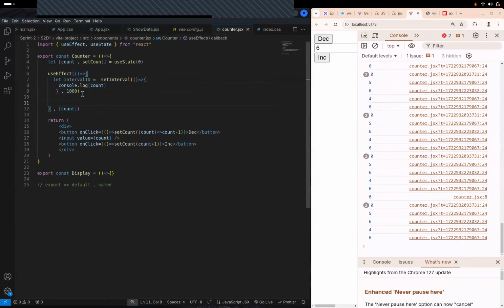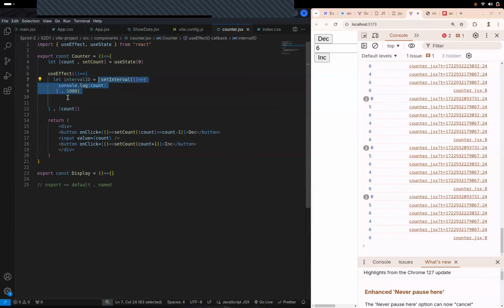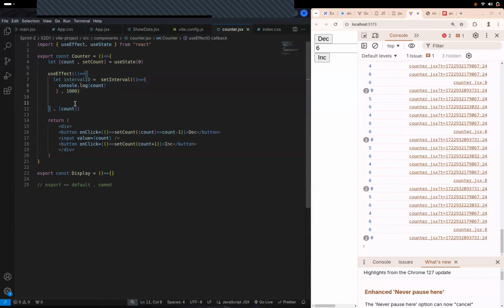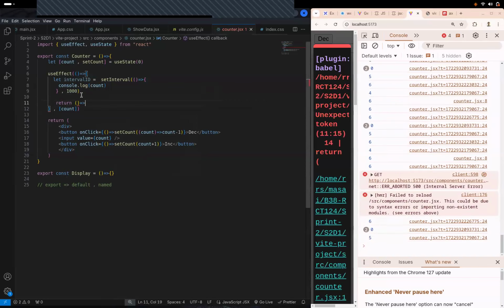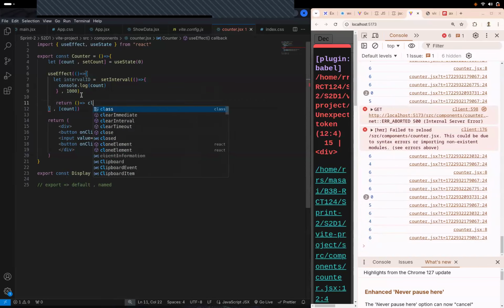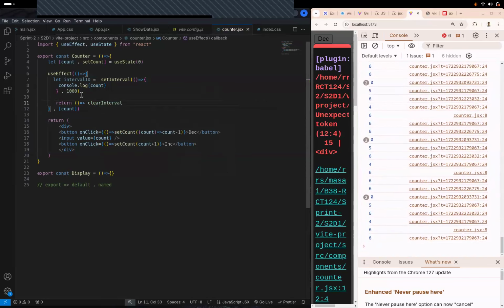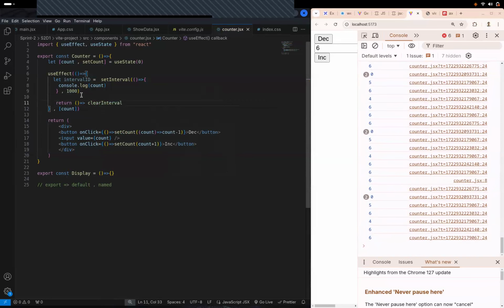Now, use effect also provides cleanup. जब आपका component re-render करता है, when it gets unmounted, what you can do, you can pick previous code, whatever was running, and you can clean it up, right? And use effect में क्या होता है? All you have to do is write a return statement. Now this return statement will hold that cleanup. So whenever we are returning, we are returning clear interval, and we'll just pass that interval ID.